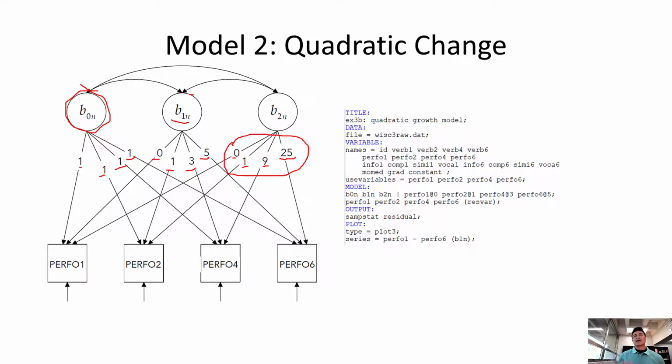What I've done with the syntax is, Mplus has really changed the way that we write syntax. Earlier I was writing everything all out. Mplus has syntax for these latent growth curve models that use this up and down line, and so you put in your different factors. Mplus knows the first is the intercept, the second one is always the linear change, and if there's a third one, it knows there's quadratic change. Then you just put in the linear change at signs, and Mplus knows automatically to do this.